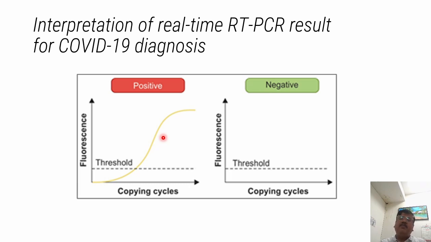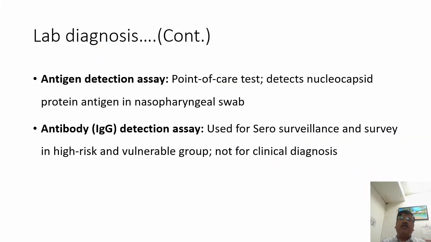If the cycle threshold is 45, that means 45 cycles are required for achieving a detectable level of gene. That means it is having a higher cycle threshold, so the viral load is less. Each kit will give some interpretation criteria, what should be considered as the CT value, and depending upon that, the report is given. All these reports can be documented and stored in the computer for further reference, in case there is some discrepancy or some problem, we can refer. So that data can be saved in the computer.